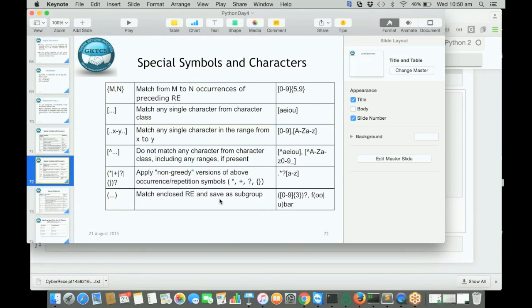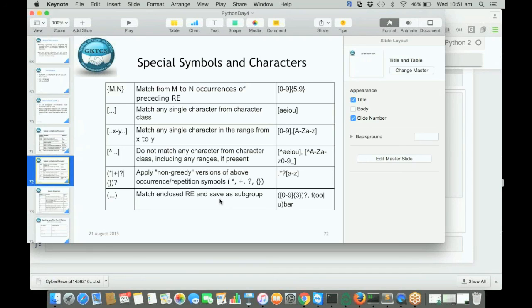So now here you can see some special symbols, like a curly bracket. You can also specify the range here, right? You can say what type of characters you want to match, the range also, everything we can mention here. So m comma n means it is going to tell which particular